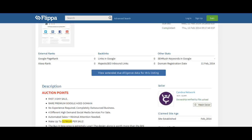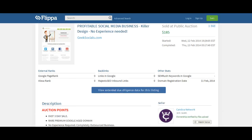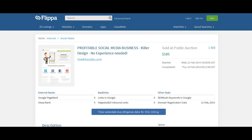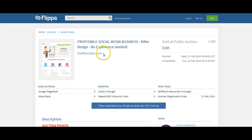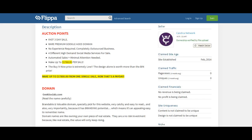Now we have seen similar sites to this before, but it's a very good example of how to sell a social media site. First off, it's an excellent domain name, and then he's followed it up with an excellent auction description. He's got the highlights here, the auction points, and he's got the 6 or 7 main points about the particular auction. Fast 3-day sale, rare premium Google aged domain,